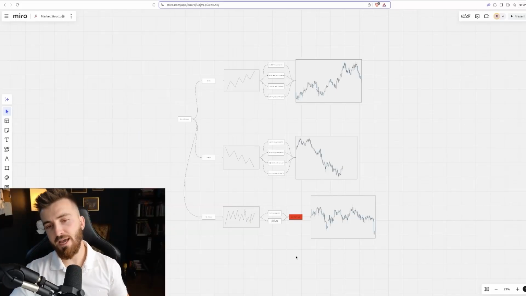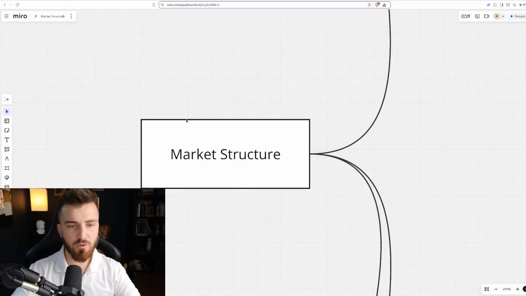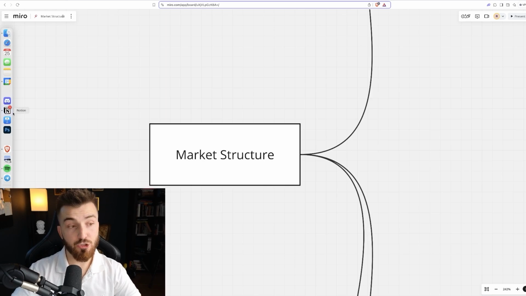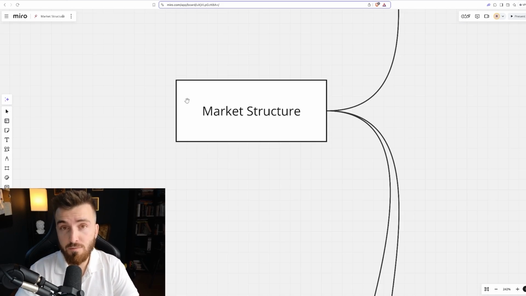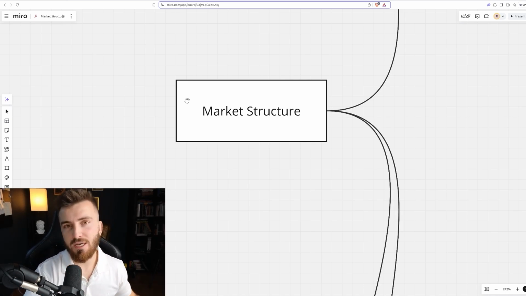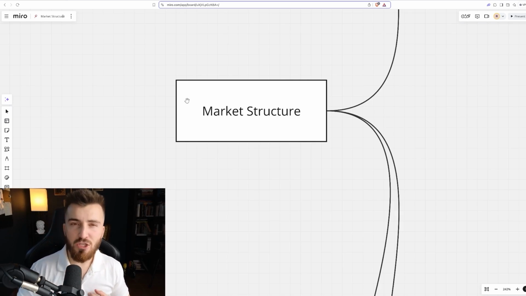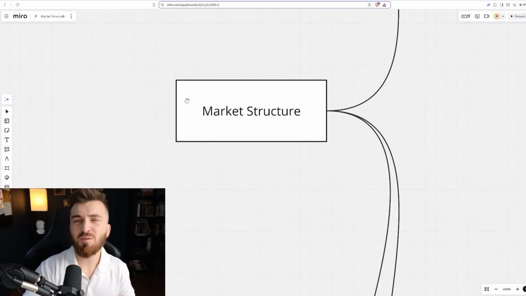Okay, so today we are going to talk about one of the most important concepts in trading in general, and that is market structure. The reason why I think that market structure is one of the most important concepts is because market structure is basically order flow. Market structure is basically following the trend. Market structure is going to tell you how to form your daily bias. Market structure is going to tell you so much that you need to know from trading and from the direction